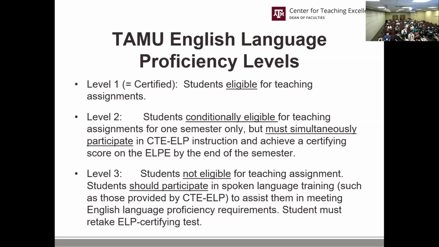And we have a very good track record thus far. Thus far, anyone who's level 2 and joins our program within the first 2 weeks of the semester and is faithful to do the 5 hours a week that we prescribe with their consent, they all have reached level 1 by the end of the semester when they retest at the end of the semester. And then they're eligible to continue being a TA, unlimited. So level 3 means ineligible to be a TA.